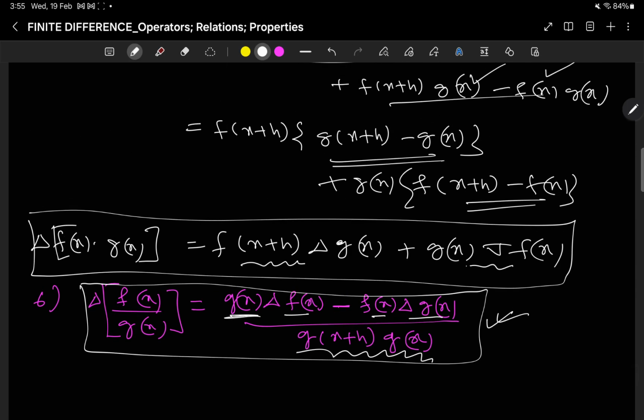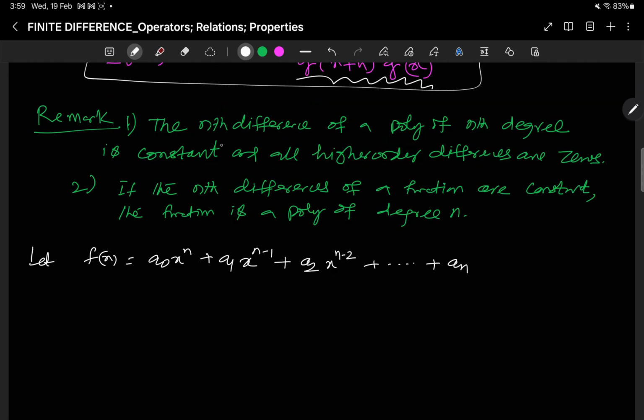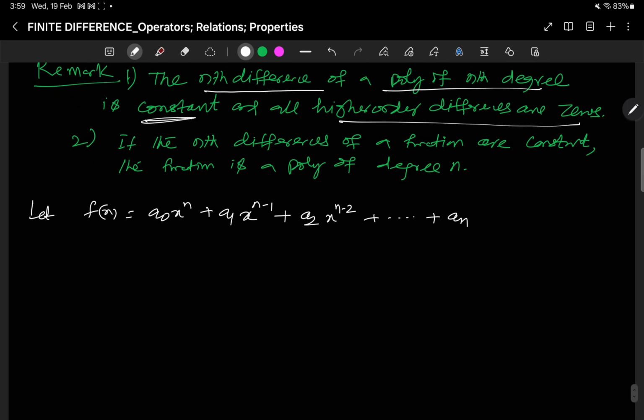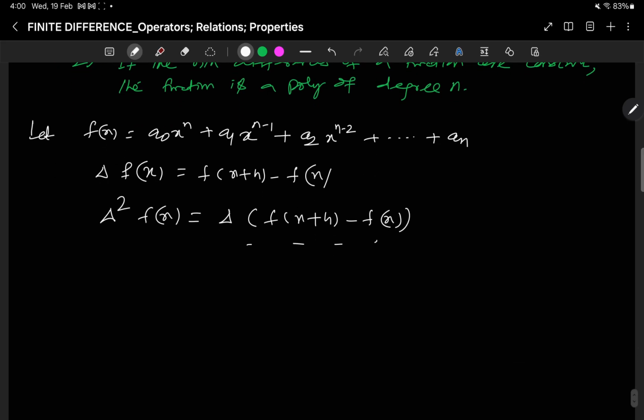Okay, so just a minor difference is there, so you should remember this. The nth difference of a polynomial of nth degree is constant and all higher order differences are 0. If this is a polynomial of degree n, if I want to find Δf(x), it is f(x+h) minus f(x). Similarly, if I want to find Δ²f(x), it is Δf(x+h) minus Δf(x). And if you go on solving, we will find Δⁿf(x) will be